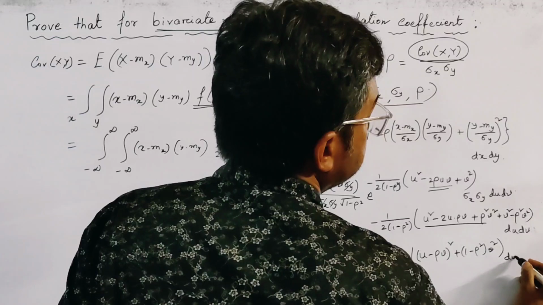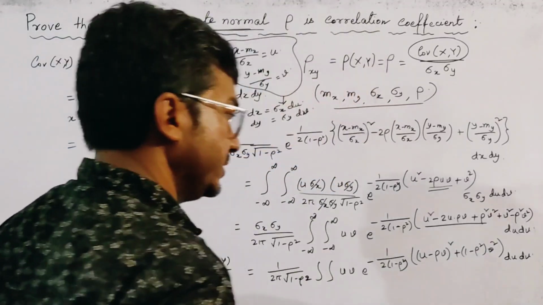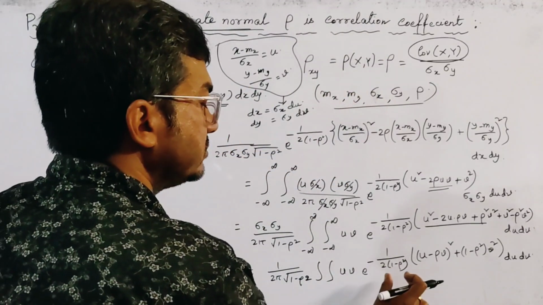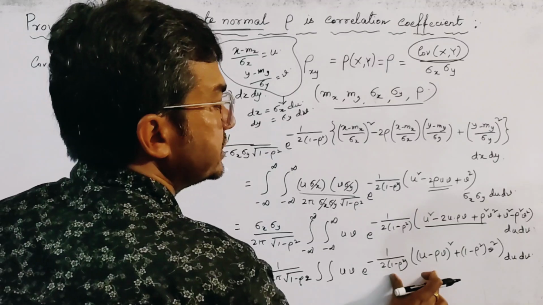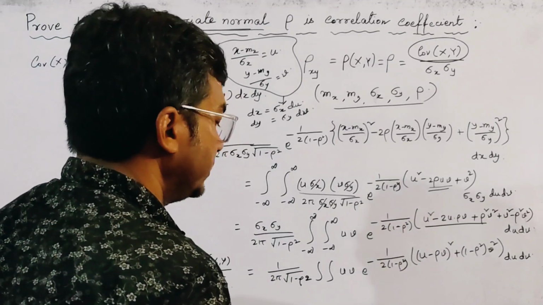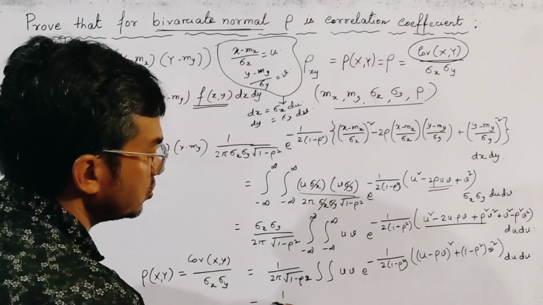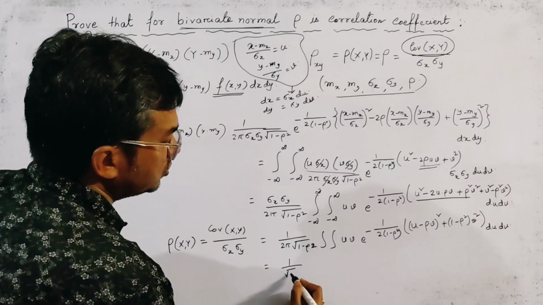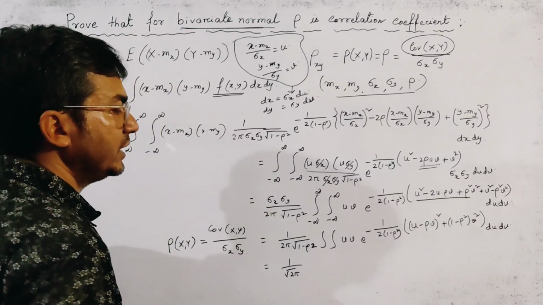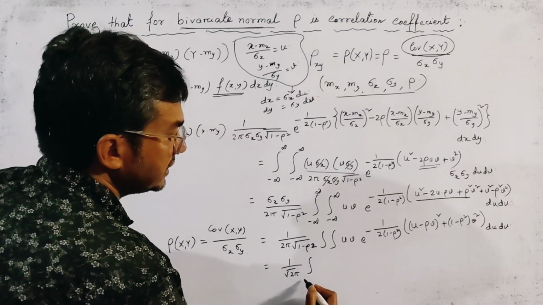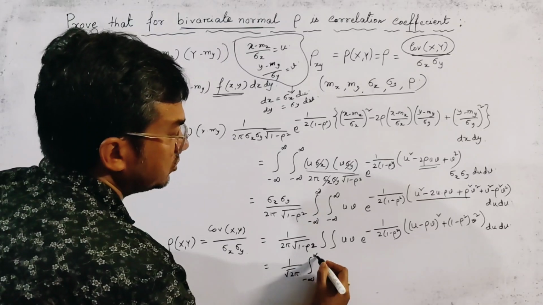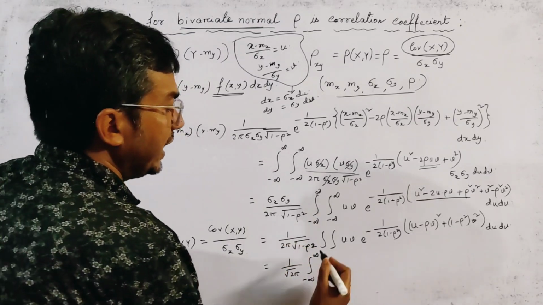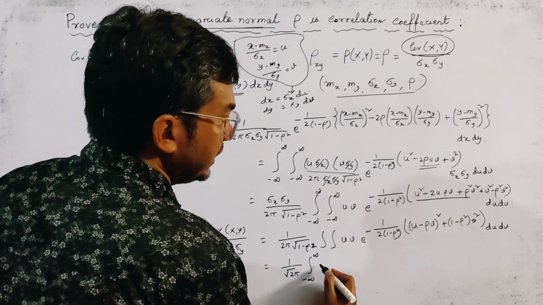Okay, and this is du dv. Now if we write this exponential into two terms, then we get the result as 1 by root 2 pi, and this is integration minus infinity to infinity,